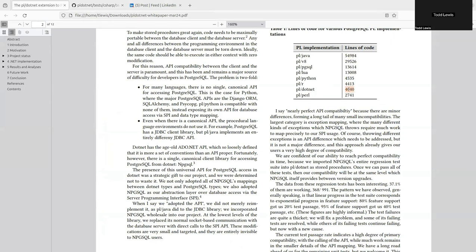And that is what MPGSQL does for us, right? So not only do we have less than 10% of the line count of PL Java, we do a much better job of presenting the database API to the developer in a compatible, standard, usable way. And this is why I speak so highly of MPGSQL and what they've done for us, being able to expose the database to